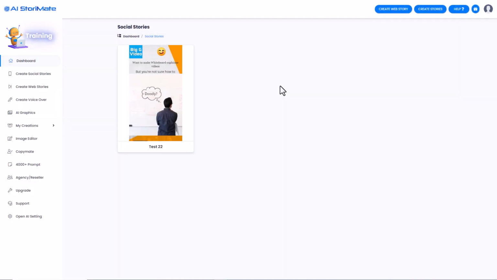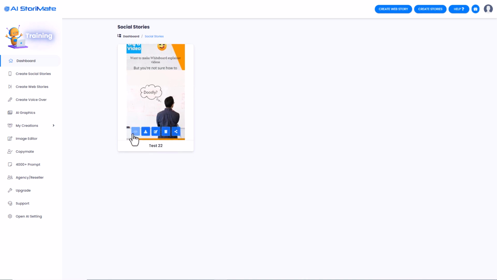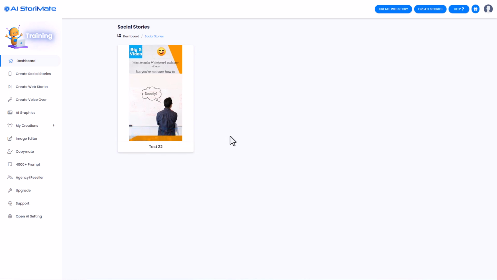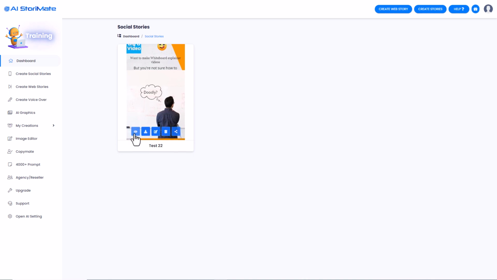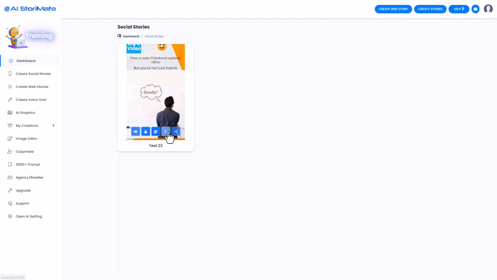So my social story has finished being created and I've got the option of previewing, or I can download it, edit it, delete it, or share it. Now I have downloaded it and it doesn't work. It's not recognized by my computer, even though it's an MP4. If I go to view it, this happens. I get taken to a page, but the video doesn't load. And if I go to share it, I can't share it. So the only thing I can actually do once I've made this social story is delete it.